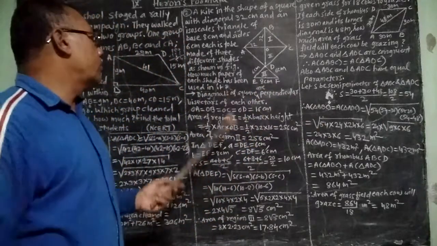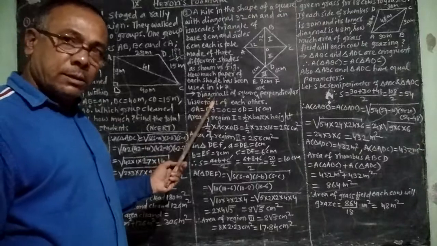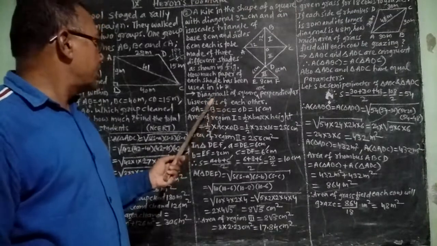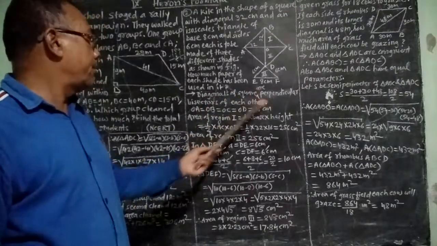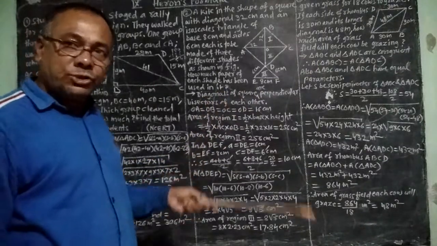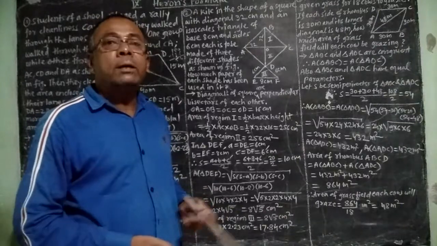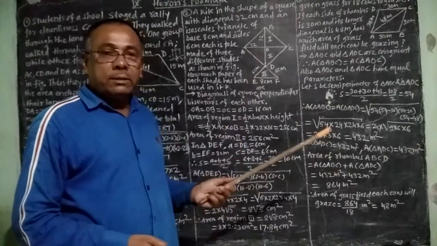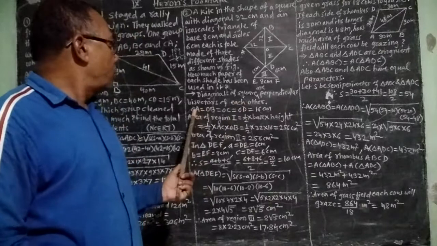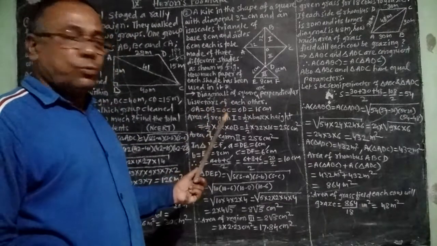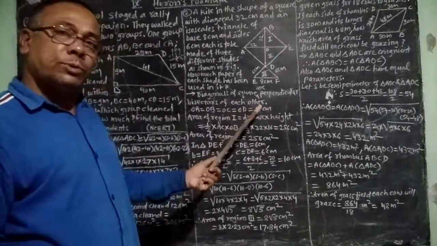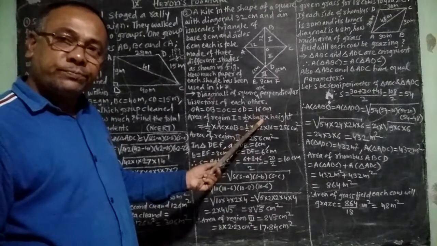So first of all, we will write the answer. Here diagonals of the square are perpendicular bisectors of each other. Just now I have told you the property of the square. Then OA is equal to OB is equal to OC is equal to OD is equal to 16 centimeter each, and